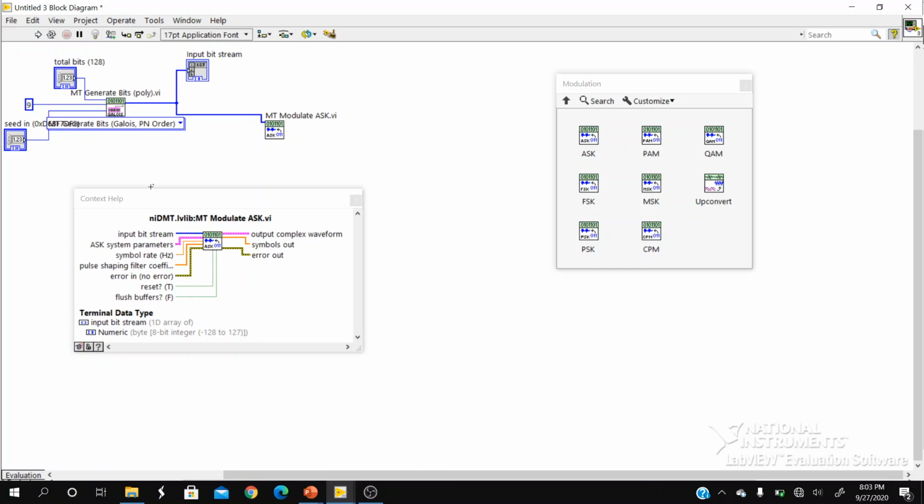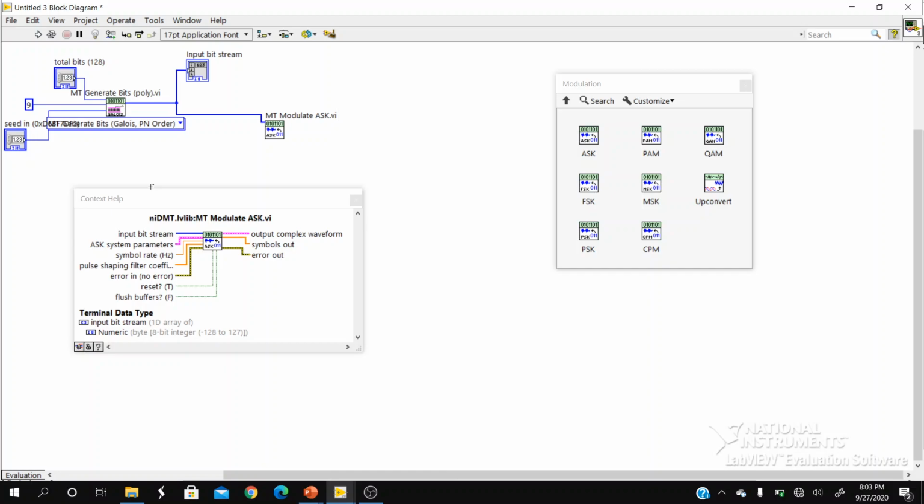Then next, I need to specify some of the parameters related to the modulation scheme that I am choosing to simulate. The modulation technique that I have chosen to simulate in this particular experiment is amplitude shift keying, where I am going to alter the amplitude of the carrier to convey the information to the receiver side.